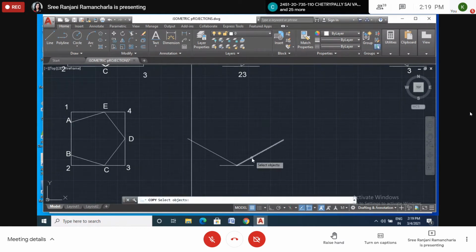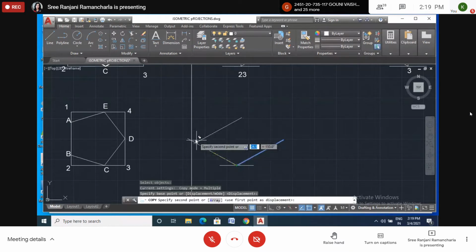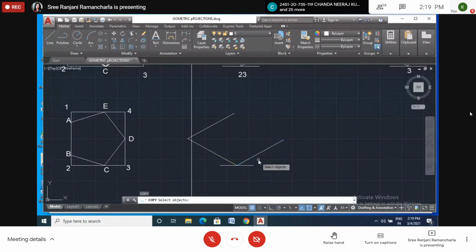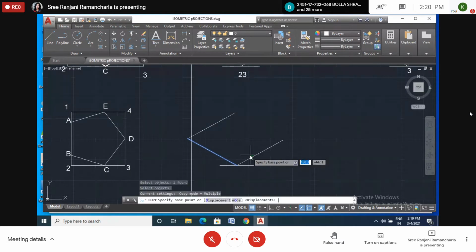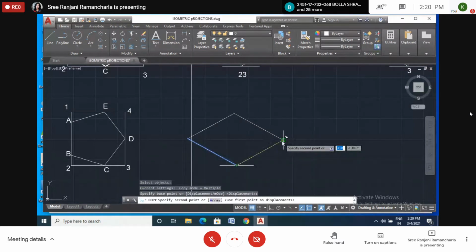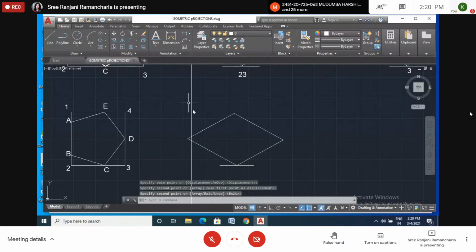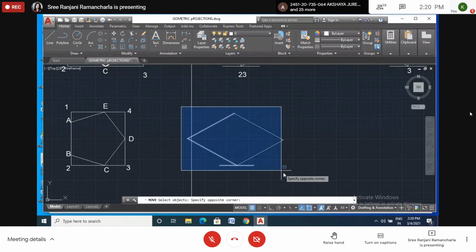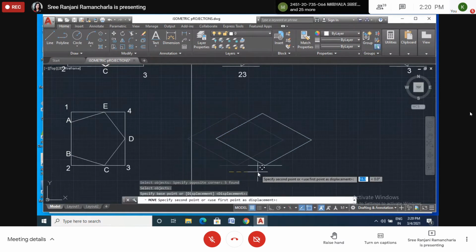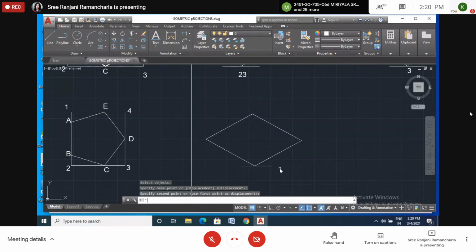Copy. Which one do I have to copy? This one. Selected, and no more to select. Enter. Then it asks for the base displacement. I will select displacement, this one. Then I'll copy here like this. Okay. Now again the double enter. If we take a double enter, we get the previous command, copy. Just I want to copy this one, enter, displacement I want to take, and I will move here like this, over. Okay. Now this is overlapping, so I will move this total figure a little bit, like this.